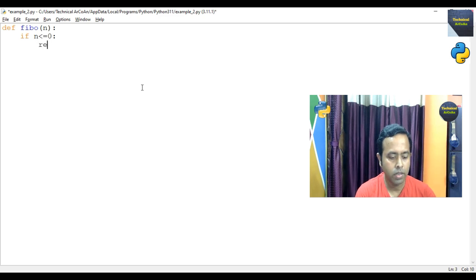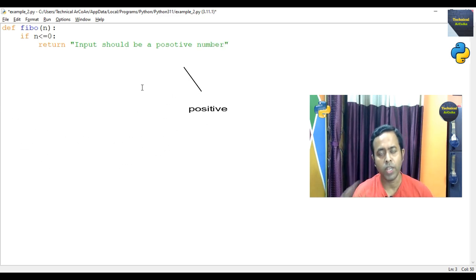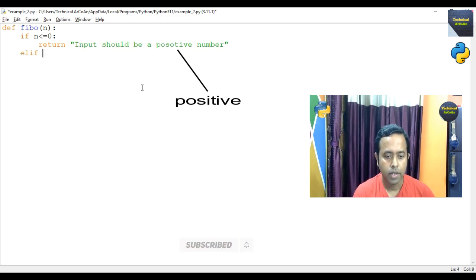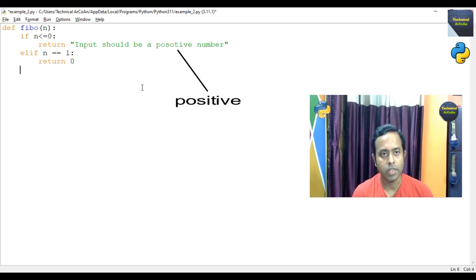0, then we return, within double quote, input should be a positive number, right? Because you already know that for the Fibonacci series the number should be positive. Then another condition: elif n equal 1, then we return just 0. Number of terms is 1, so the first term is 0. Again elif n equal 2, then we return